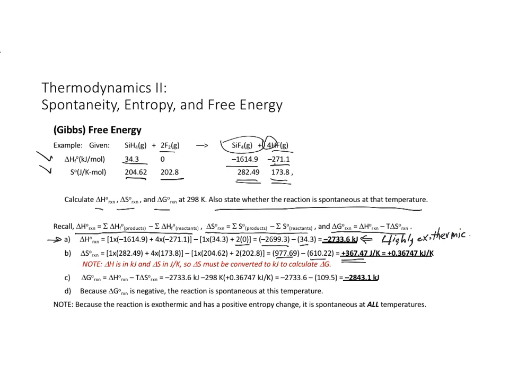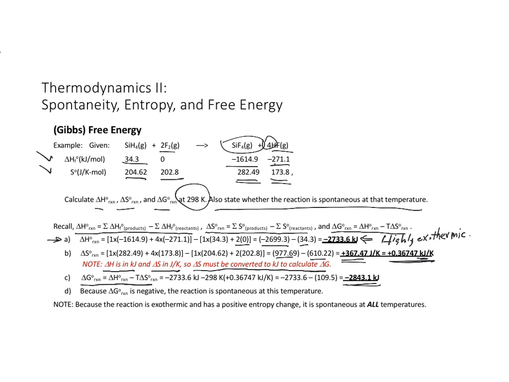Let's also note that delta H is in kilojoules and delta S is in joules per Kelvin. So to calculate delta G, we must convert delta S to kilojoule units. So I've divided this number by 1,000 to go from joules to kilojoules. Delta G then can be calculated as delta H minus T delta S. We do the math. We're told we're at 298 Kelvin, and delta G turns out to be negative